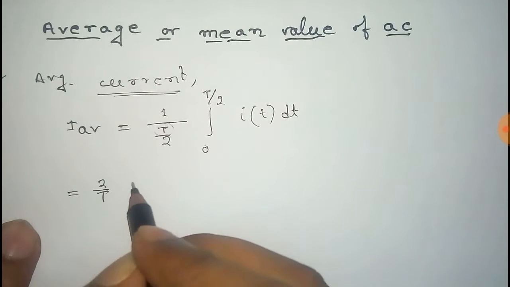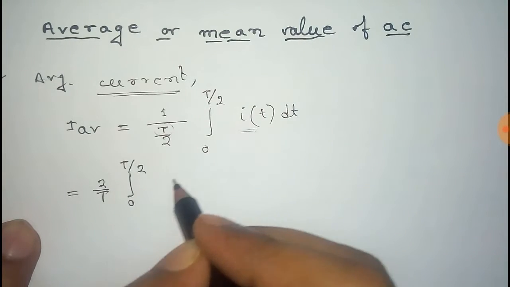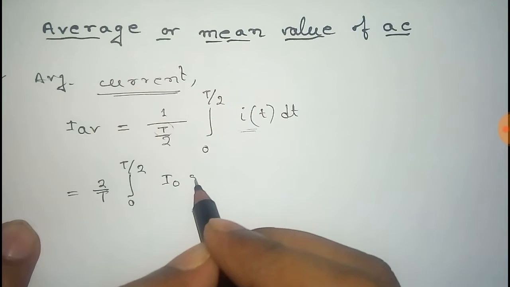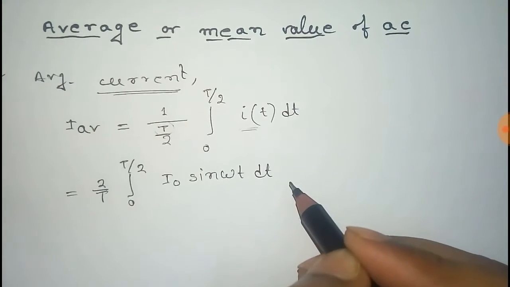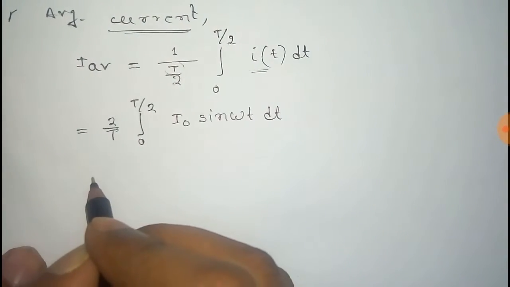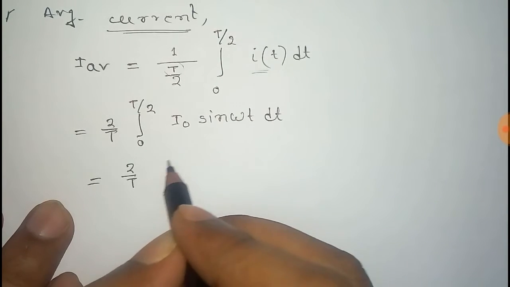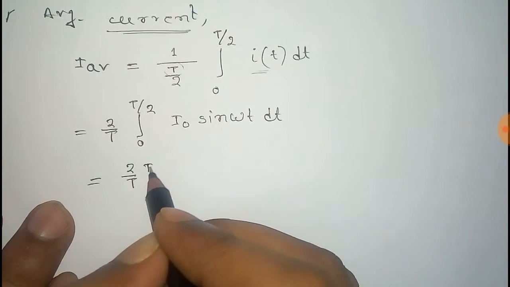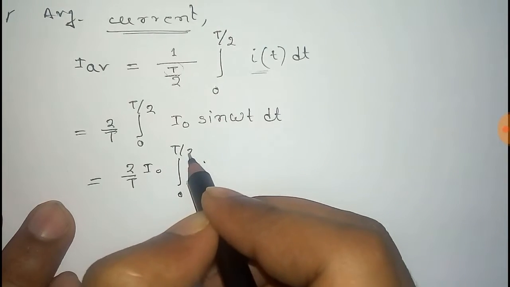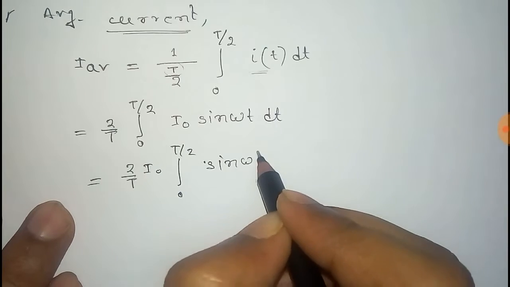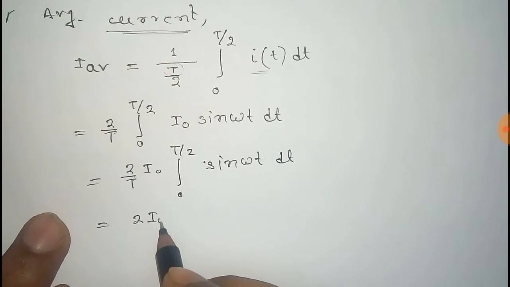So it will be 2 by T into 0 to T by 2 limit, and the value of I is given by I0 sin omega t because it's a sinusoidal wave. Now that's equal to 2 by T. There I0 is a constant, so it comes out of the integration, and the remaining is 0 to T by 2 limit sin omega t dt. And that is equal to 2 I naught by T,